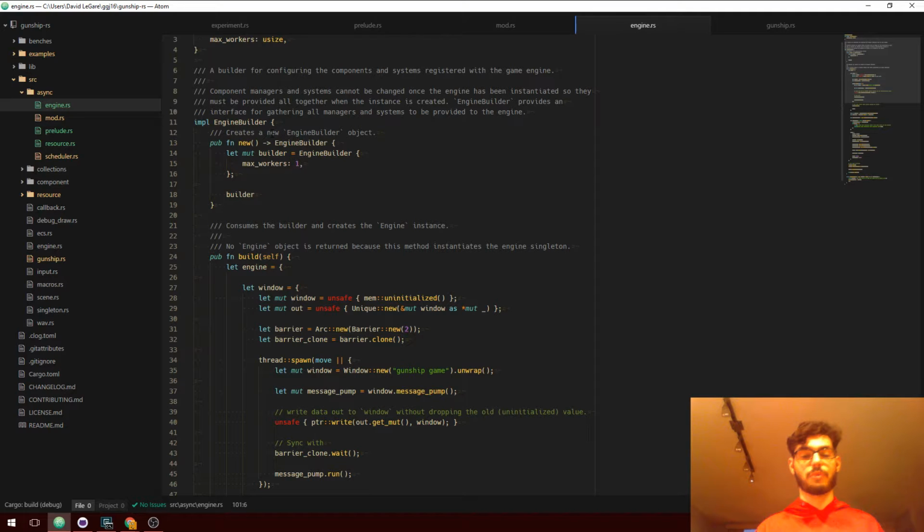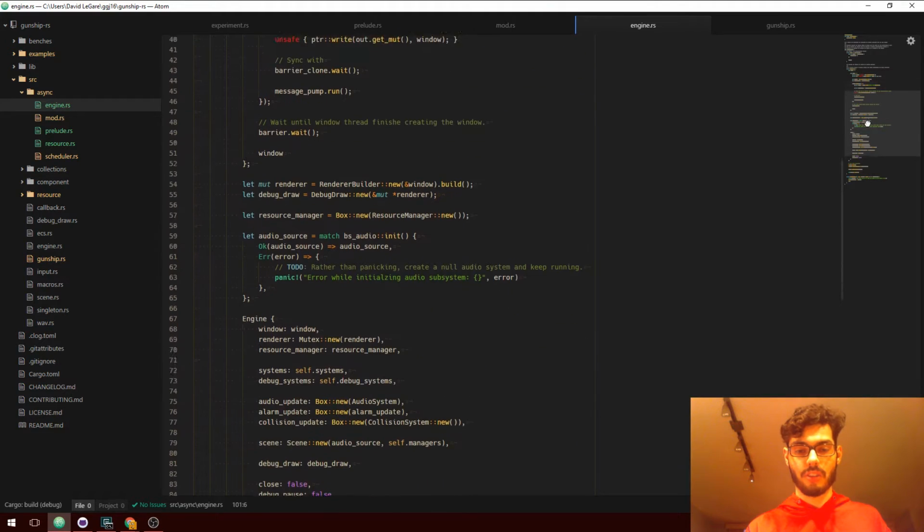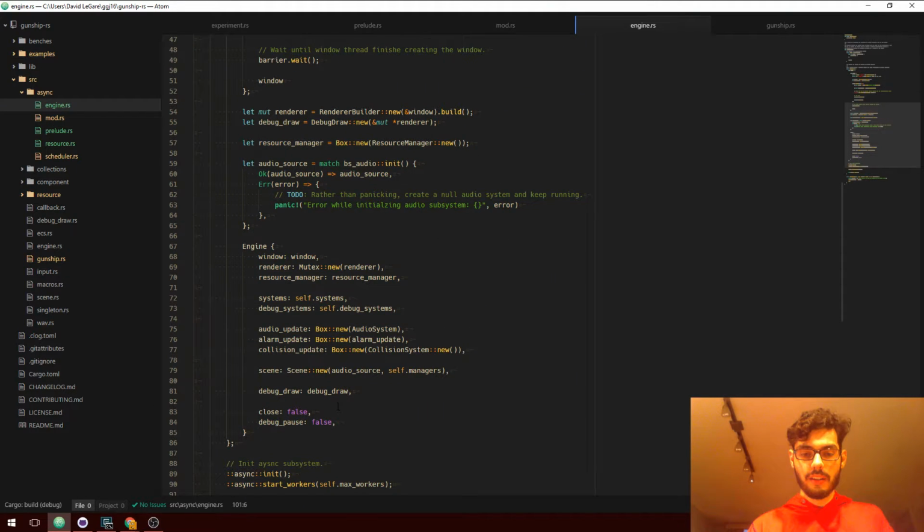So if you were, say, having performance issues because there's too much stuff being rendered, or too many things getting processed, you could debug pause. Performance would return to normal because now nothing was updating. Basically, all that was happening was rendering. It would still render every frame, and it would still run the game loop, so the window wouldn't lock up. It was really cool. I was proud of it, and then it also was kind of useless because the engine that it was built on top of is kind of useless.